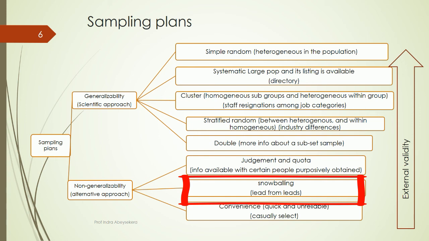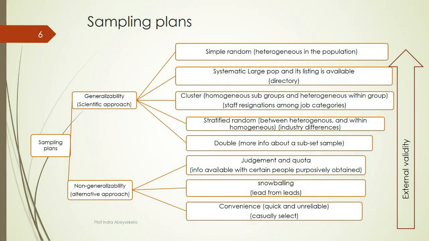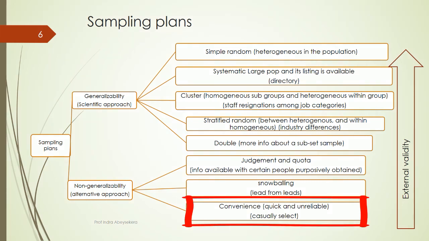This could be, for example, if a study is undertaken to find where the refugees hide out. If that is illegal in a given country, then you might speak to a refugee, and that refugee can give a lead about another refugee whom the researcher can go and talk to. Convenience sampling is where the researcher conveniently identifies a sample element from the population, and